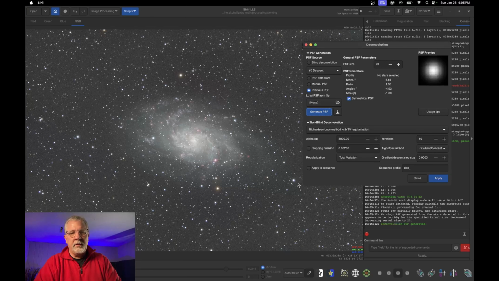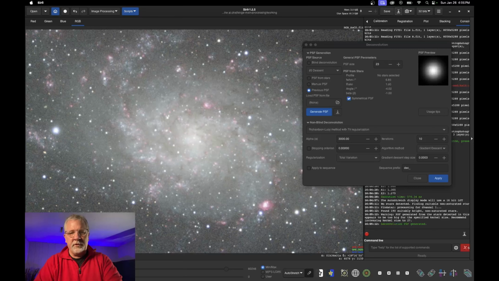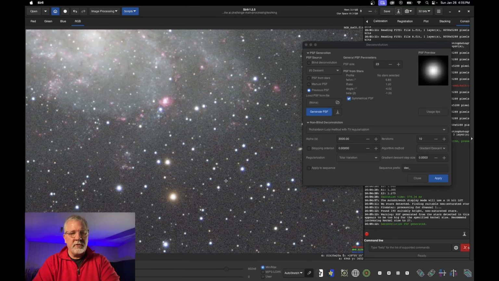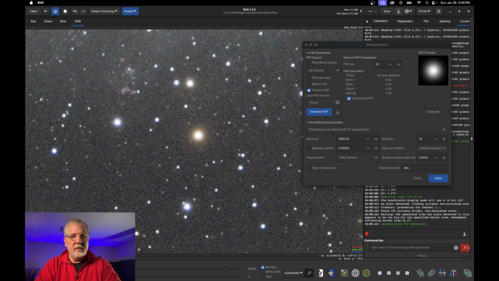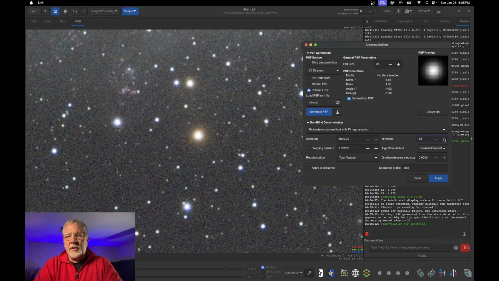Now I'm going to zoom in here because I want to see what our deconvolution actually does to our stars, and there's a couple big ones down here that we can look at. So let's get in here. I want to make sure we don't get any black rings around our stars. So I'm going to bump this up to about 18. And we'll take the gradient descent to, let's try 0.0004 for 18 iterations, and let's see what that